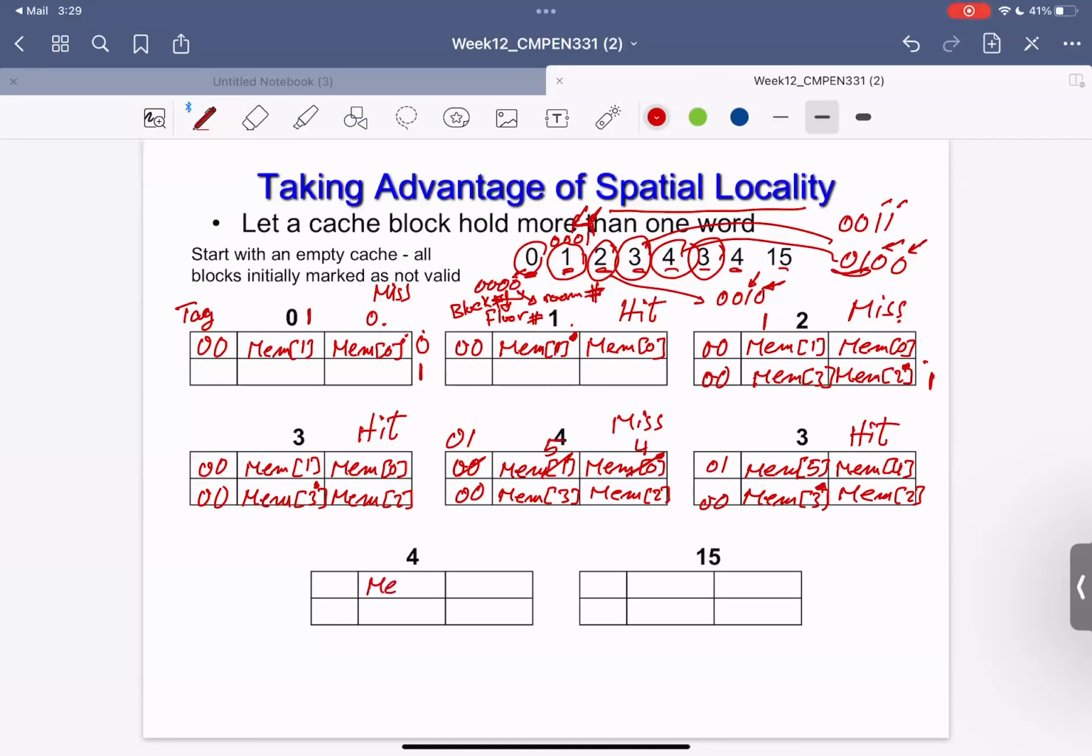Copy everything again, memory of 5, memory of 4, memory of 2, memory of 3, 0, 1, 0, 0. You would like to get the 4. Interestingly, the 4 is here, so you again hit. Copy everything, memory of 5, memory of 4, memory of 2, memory of 3,